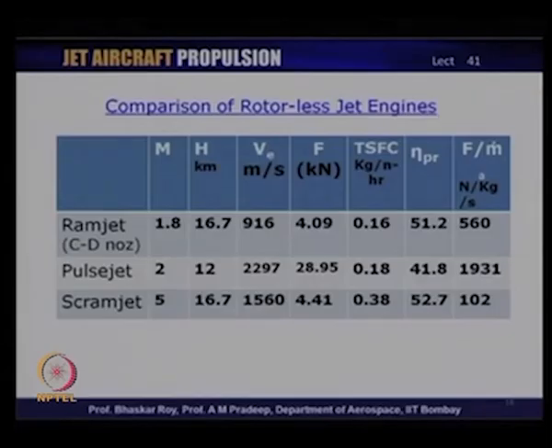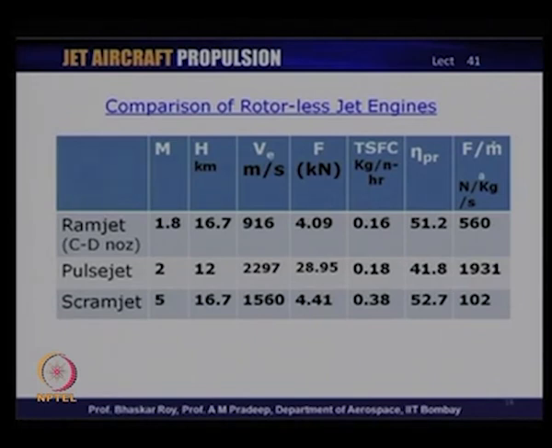So, let us take a look at the comparative values of all the jet engines that we have done today. These are, as I mentioned, the rotorless engines. That means, there are no rotating parts, no compressors or turbines. So, these jet engines, when they are compared to each other, are all flying at supersonic Mach numbers at very high altitudes, and their exhaust velocities are all very high. And as we can see here, in a pulse jet engine, because of the high pressurization that is achieved in the combustion chamber, very high exhaust velocities are possible,